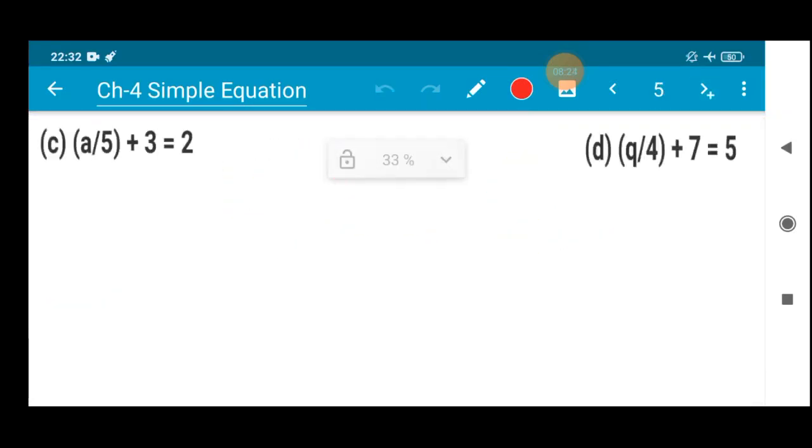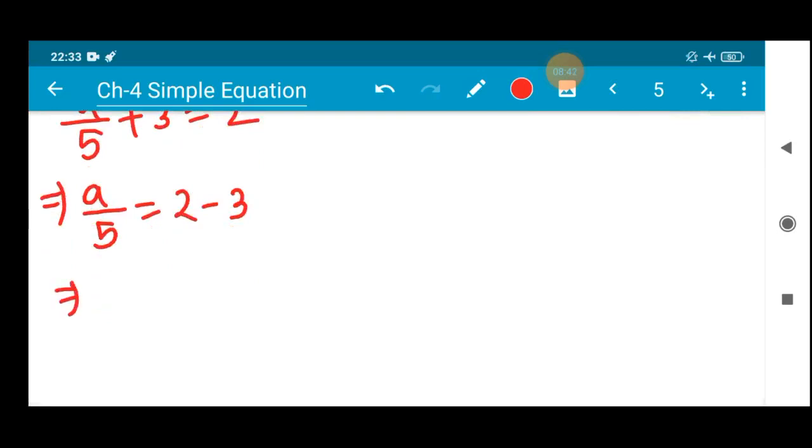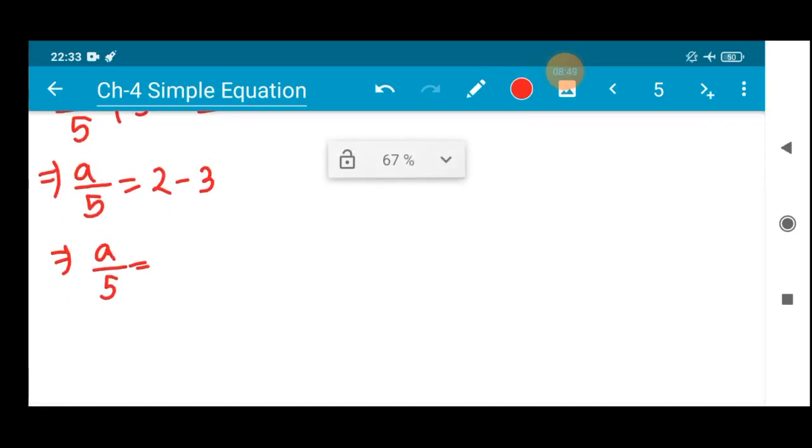Okay, so let us have a look at the next question, that is a by 5 plus 3 is equal to 2. a by 5 plus 3 is equal to 2. So let us now transpose this 3 over here. Okay, so you have to have the habit of doing different methods. So I'm using this transposition method, which is very much unfamiliar to you all for now, but I assure you that you will find it very easy, because writing the multiplication and all that part may be a little hectic for you, so you can use this method easily.